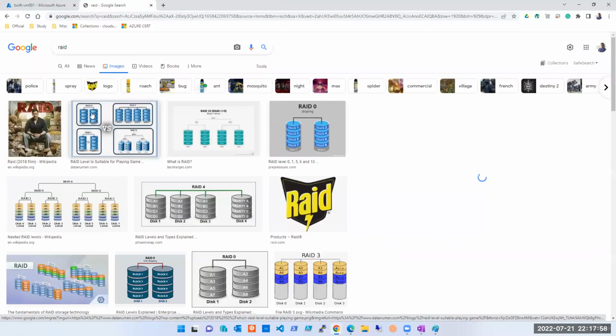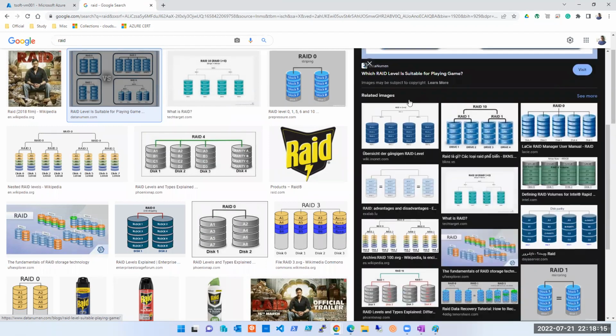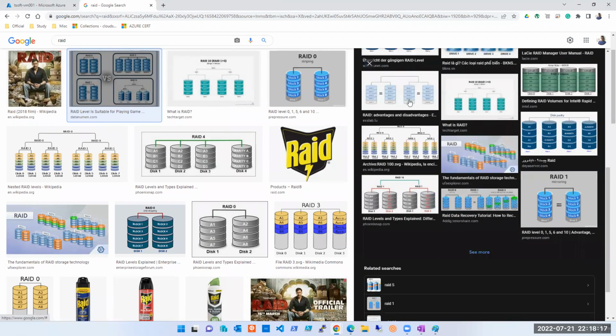Here it is. So we have RAID 0, RAID 1, RAID 5 and RAID 10. RAID 10 is nothing but a combination of RAID 1 and 0. So how does it work, how is all this? If you guys want, you can watch a video. If you want me to cover it, we can do that. But it has absolutely no relevance to our topic. It's good to know information.